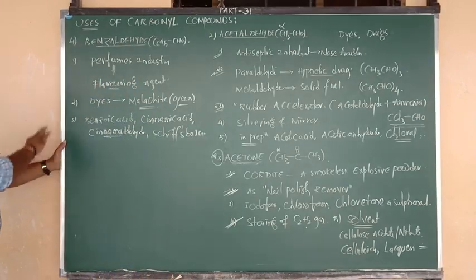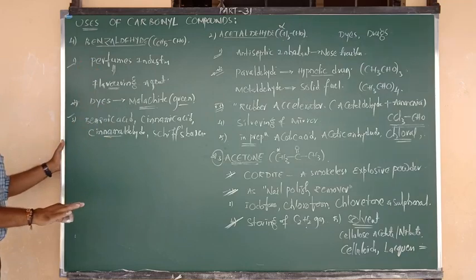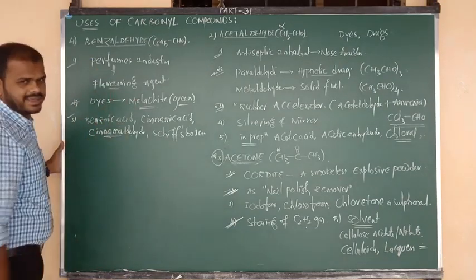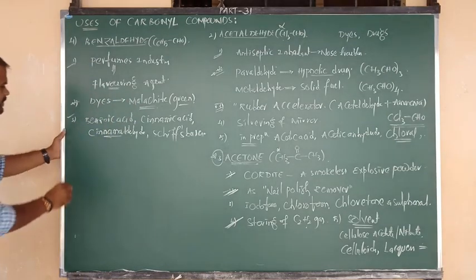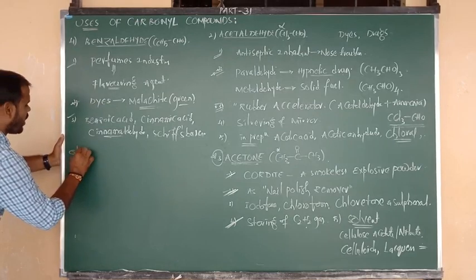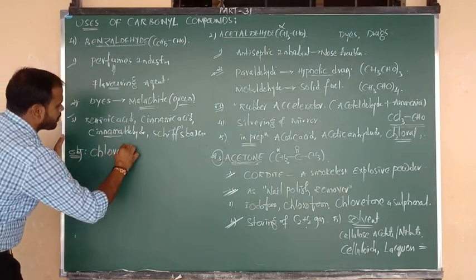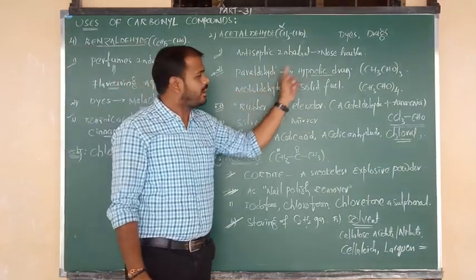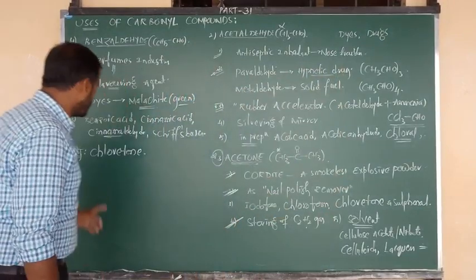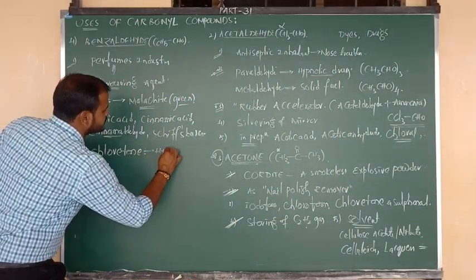Okay, all of you. So of all the uses, here I have given only 3. Try to remember the 3 clearly. Don't discuss extra information. Okay, fine. Now I want to tell you one of the very important objective points, about chloritone. I have given here paraldehyde, a hypnotic drug, and the formula is also given to you. And this is chloritone. It can be used as a hypnotic drug.